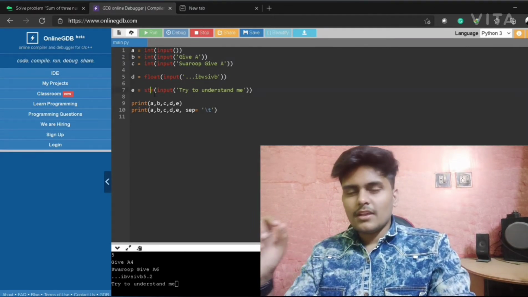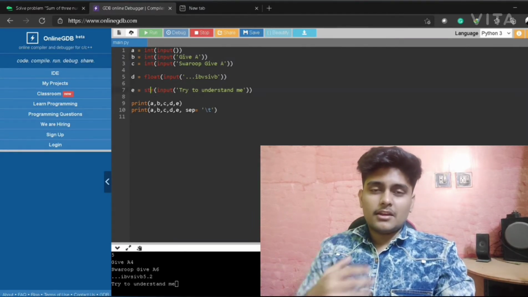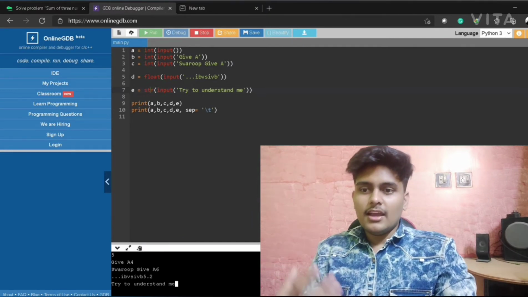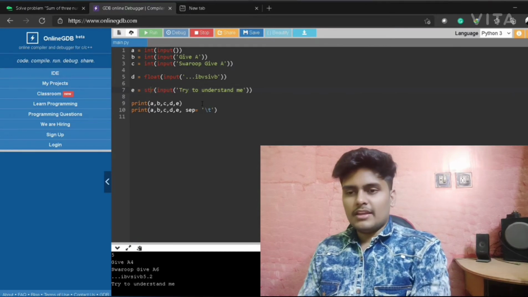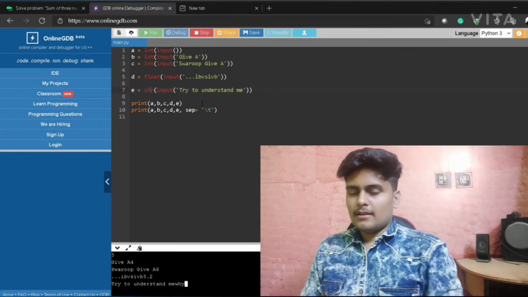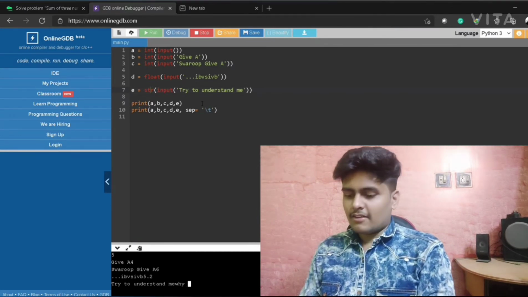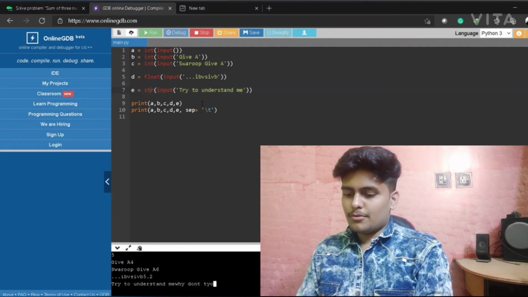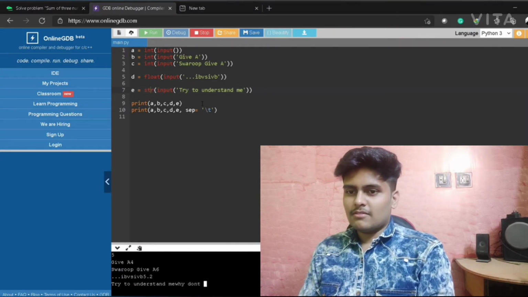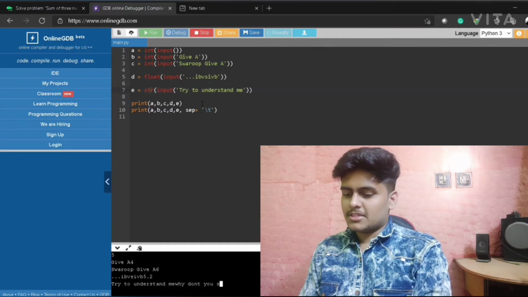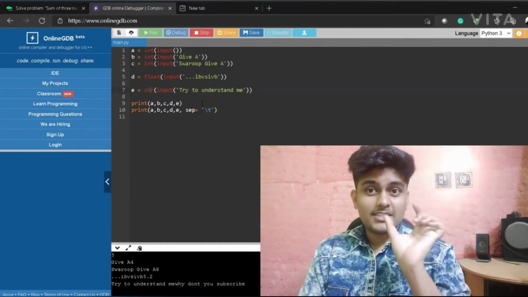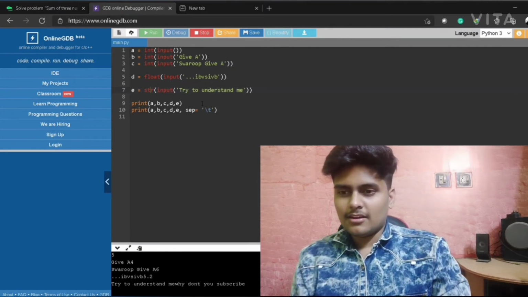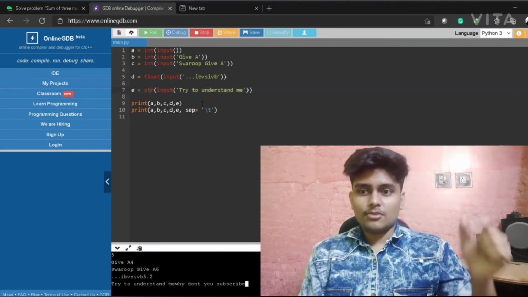So the compiler is requesting us to give a string, and we have given a message like "try to understand me". We will give "why don't you subscribe". So it's a string. Let's see whether it will print the spaces or not.